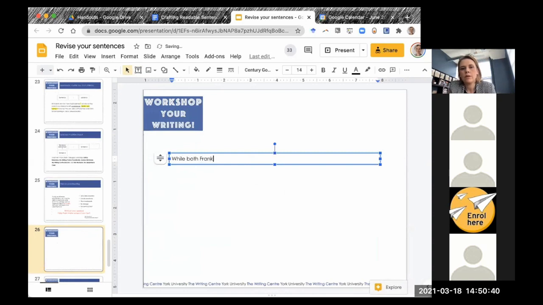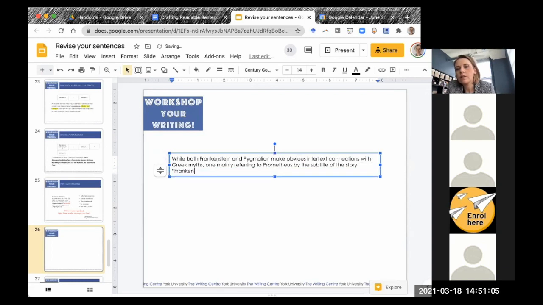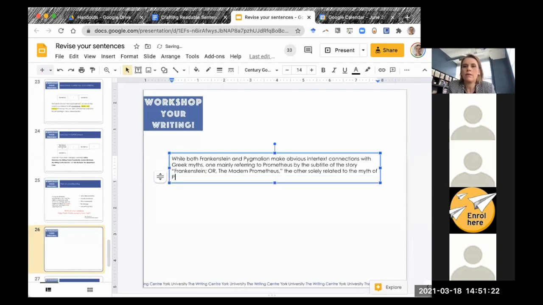While both Frankenstein and Pygmalion make obvious intertext connections, I'm gonna say, with Greek myths, one mainly referring to Prometheus by the subtitle of the story, Frankenstein or the Modern Prometheus, the other solely related to the myth of Pygmalion and Galatea only. Moreover, both are